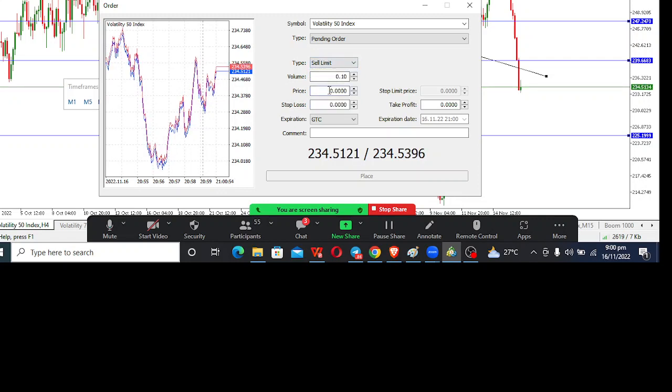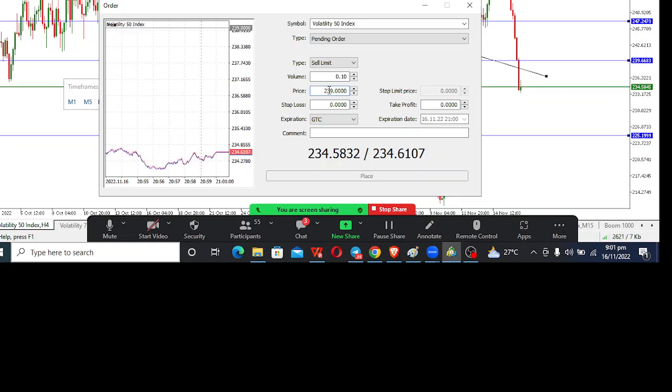Okay, so the price, 239.666. Just leave it. And then volume. So here with Vol 50, the least lot size is 3.0. You can use 3.0 on gold. In the 2 minutes,